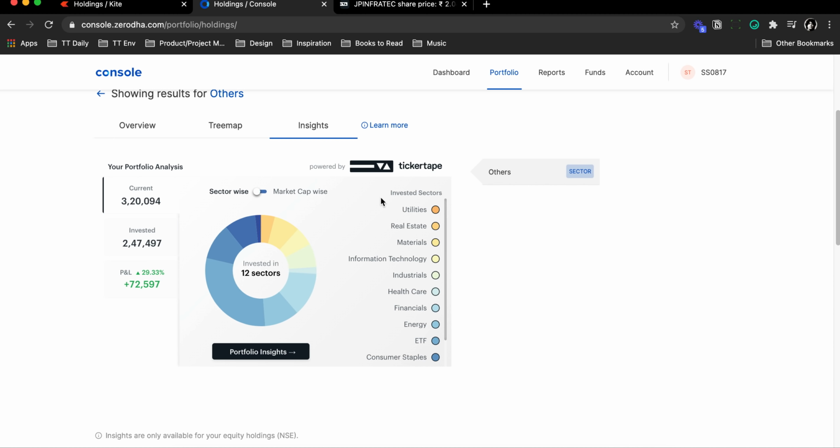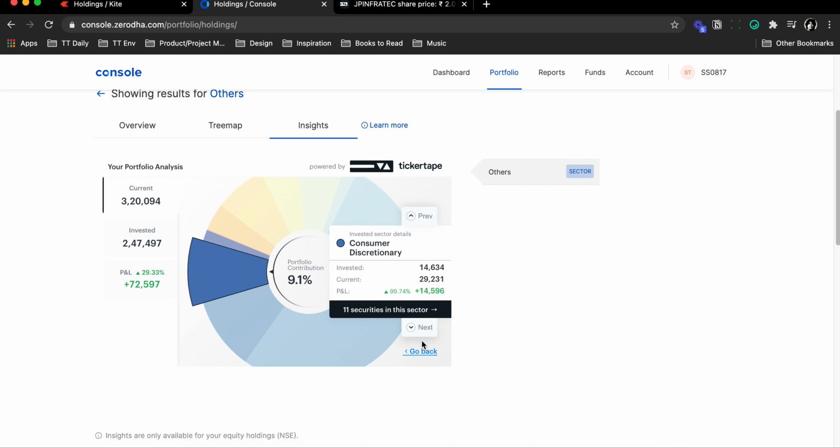Okay. So now that you have this, let's dig one step deeper. Let's maybe pick one of the sectors and analyze what information we see on the inside. Once you have picked a sector, it opens up a view where you are able to toggle through all the different sectors, and now it tells you that in each sector, apart from just the portfolio contribution, how much have you invested in that sector, what is the current value of that investment, and what is the profit and loss that you are enjoying in that particular sector, right?